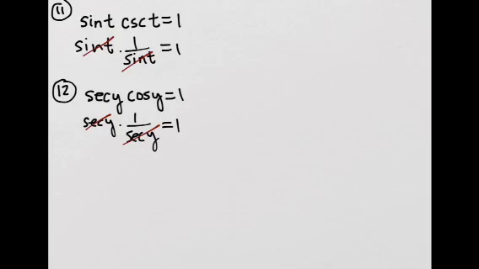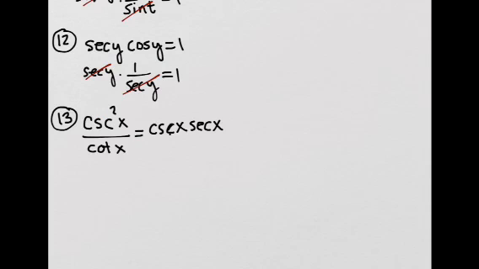And you're done. So for 13, notice that I need a cosecant on the right side, and I have a 2 right here. So what I'm going to do is break up the cosecant squared x into cosecant x times cosecant x over cotangent x. And so from here, I will